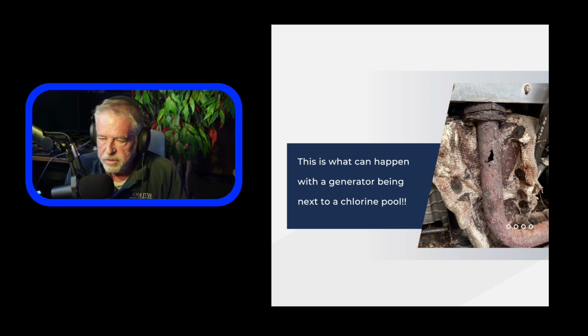I tried to fix this by wrapping the exhaust, but I found that it was even worse than that. It was even the mufflers. What ended up happening, they put in a new generator to replace it. And really, when you think about it, it was almost 18 years old, so they had gotten their use out of it. It had been a very reliable unit. In fact, it's the 2.5 four-cylinder Ford engine, and they were and still are one of the best engines for